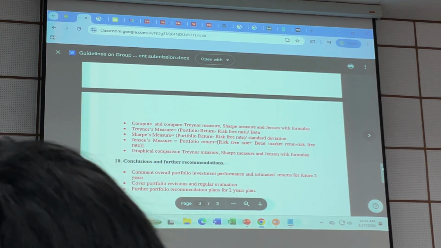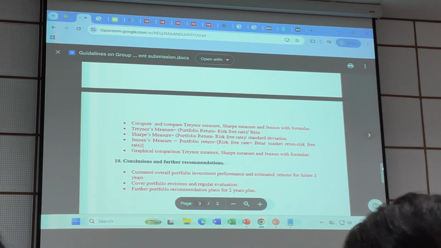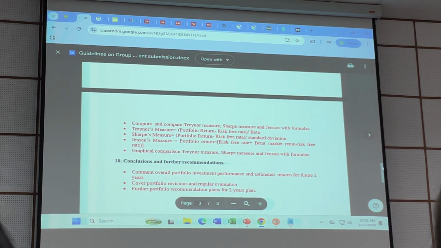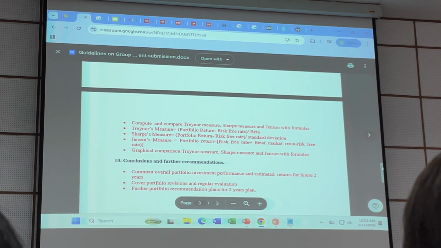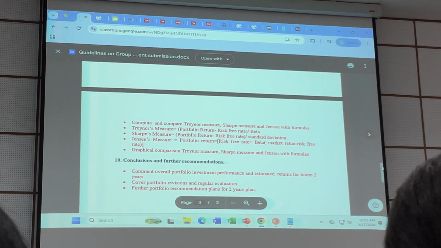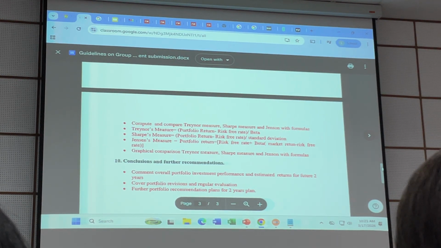Just now we said some certain strategy doesn't mean you select these 5 stocks forever. Are you going to do some portfolio monitoring and revision if market conditions change? How frequently are you going to do revision? Is it quarterly, for example? And future portfolio recommendation for 2 years. Maybe a portfolio recommendation plan for a 2-year plan. That means they give you 2 years. In case, let's say, the market changes, the market is volatile, what is your recommended strategy? All this here, then you can come up with your own ideas.